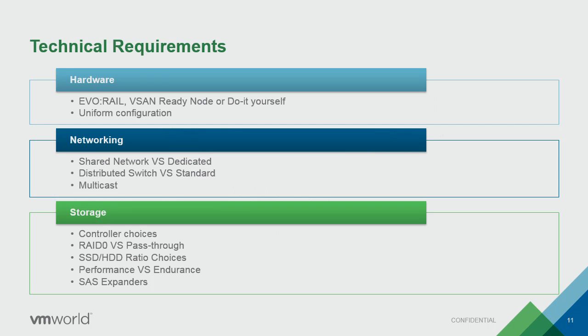The other part of the challenges of a POC is technical requirements. So you're like, well, how can I make sure that the size of the POC will reflect at the end my production or the things that I'm doing? Regarding the hardware, the choice of hardware is very important because at the end of the day, your hardware is where all your VMs will be running, all your data. So you might have 3 hosts at the beginning, and after that, you can end up with 64 or multi-data center. With this, we recommend to have a uniform configuration just to balance all your objects